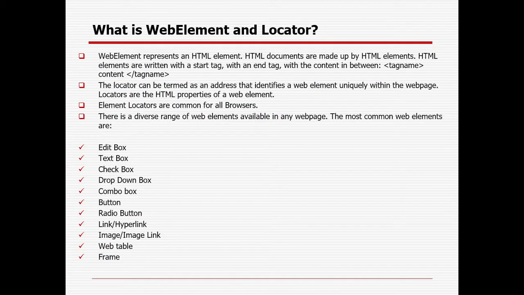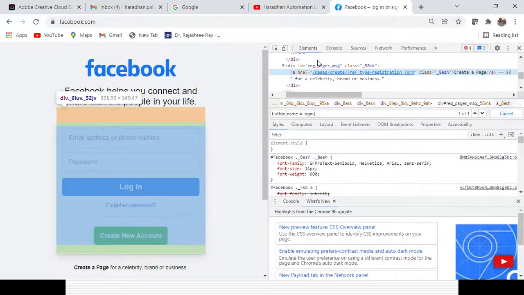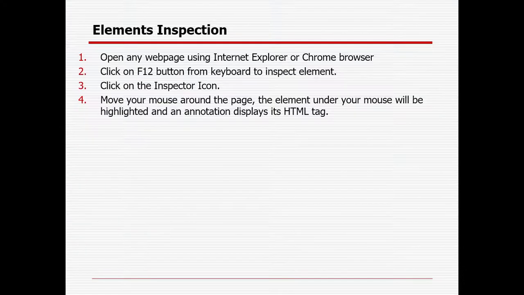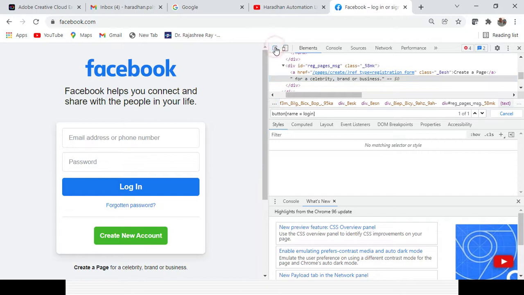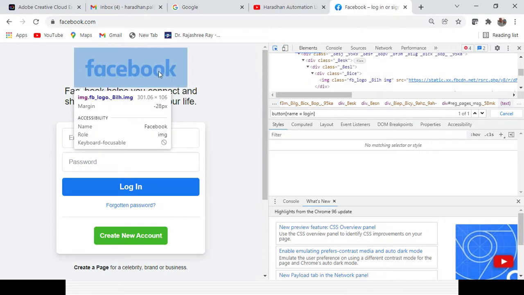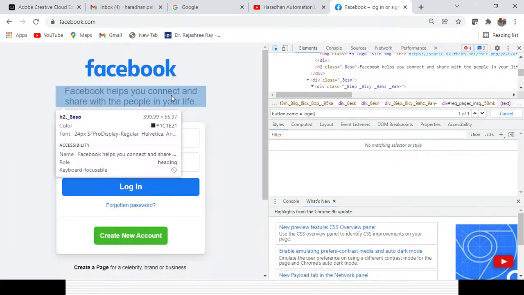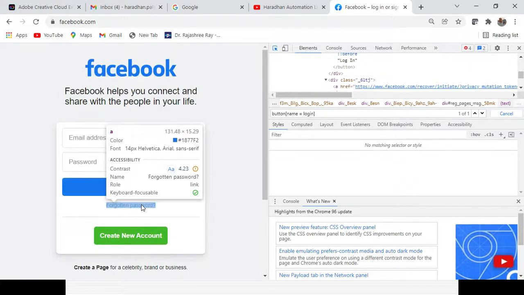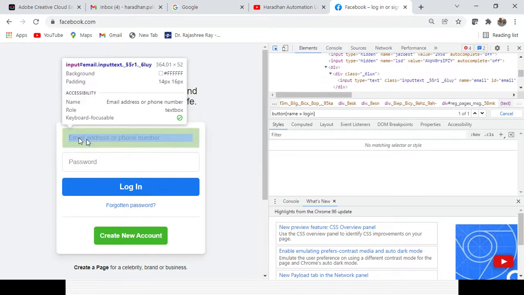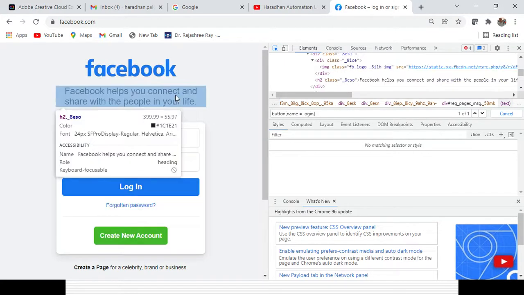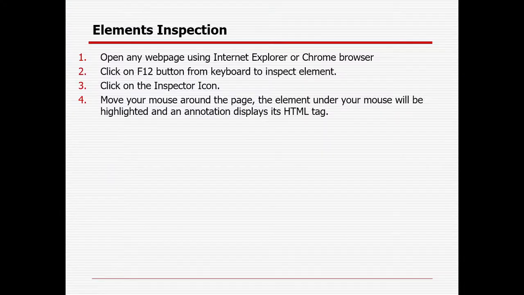So, web elements. Whenever you open any web page, there will be plenty of elements, but for each and every element you first need to inspect it and identify the unique property, and then you can perform the operation. First you need to press F12, then click on the inspect element button and mouse over the element you want to inspect. Once the inspection is done, you will get the different attributes or element locator values. In case those values match for ID, class or name, you can definitely identify it uniquely. Otherwise, you can go for your own customized XPath or CSS selector.